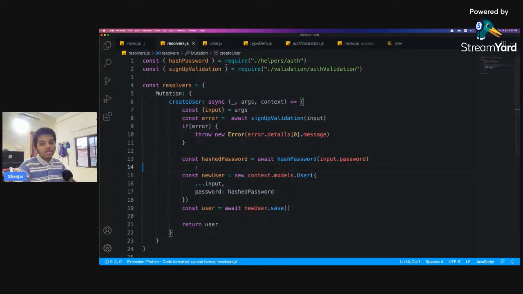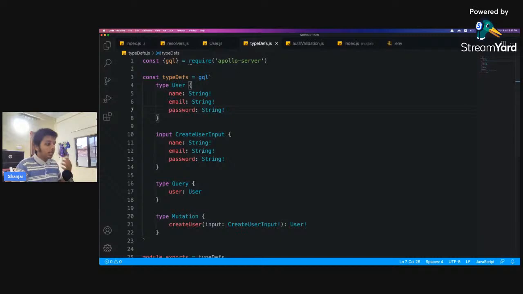So as the sign up functionality is done, let's right now do the sign in functionality. First of all, anything that you want to do, you have to create the type definition for it, a mutation or a query. You have to define it somewhere. So that is the type definition. So inside of mutation, create user,